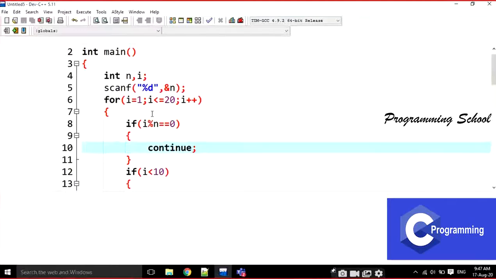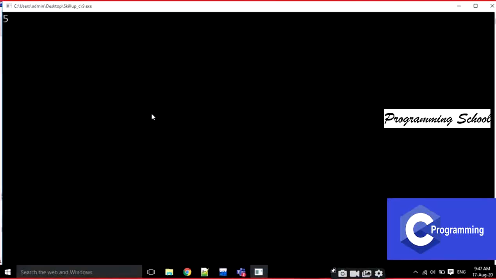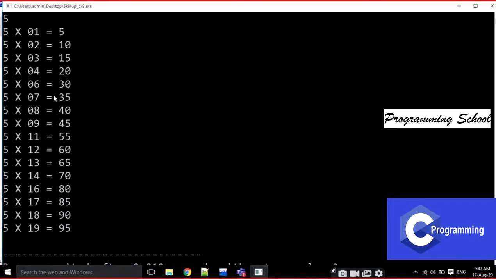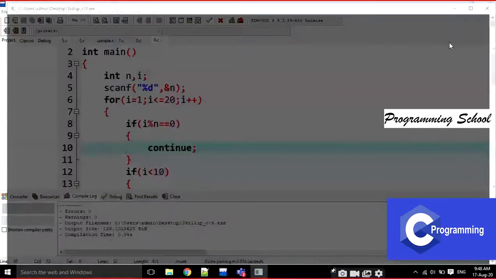If I execute it with 5, look here, 5 4s are 20, there is no 5 5s, no 5 10s, no 5 15s, and no 5 20s. If I execute again and give 4, look here, there is no 4 4, 4 8, 4 12, 4 16, and 4 20. Like this we are going to write.